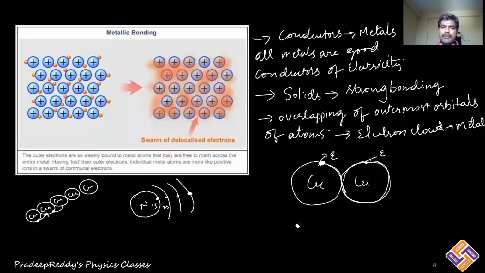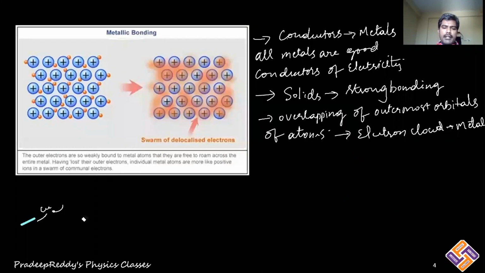So after formation of the electron cloud, all those electrons can move in any direction in that particular conductor. Like in metal, see these dislocated electrons. This is a copper atom. From this copper atom, one electron comes to the other. Like that, all these copper atoms lose their outermost electron because of strong bonding, and these outermost electrons form electron clusters or electron clouds, where they are free to move throughout this